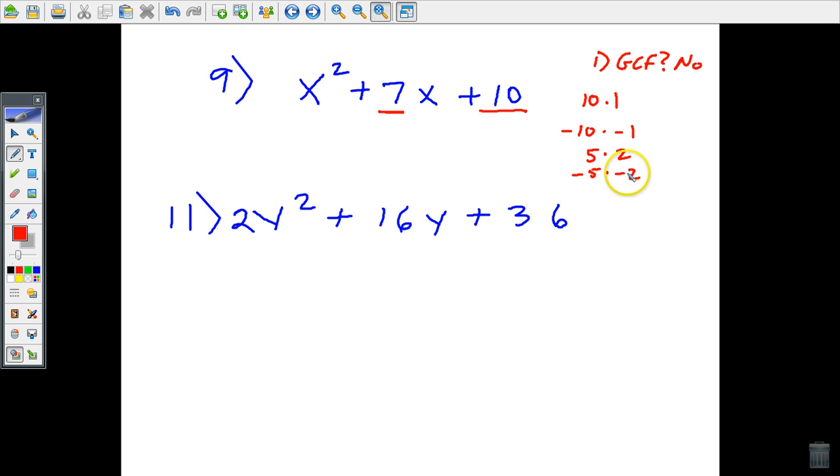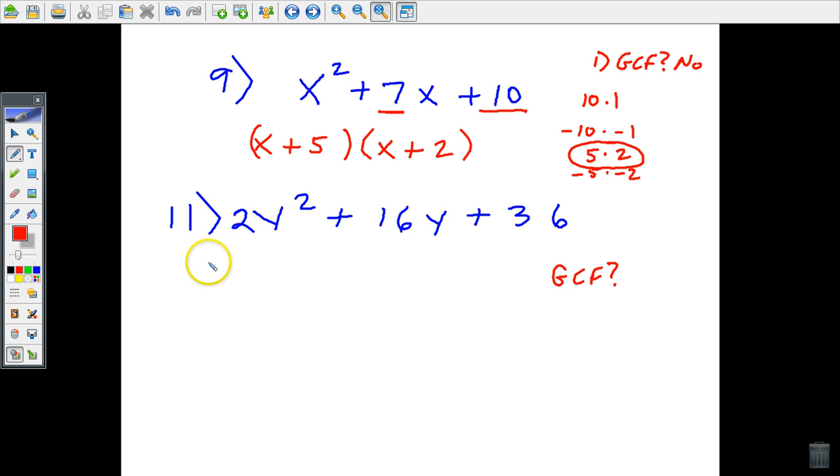up to positive 7. And the only pair of numbers, factors of 10, that does that are these two, positive 5, positive 2. So that gets me to my factoring, x plus 5, x plus 2. And again, you could have switched the 2 and the 5, and that would have been okay. Number 11,